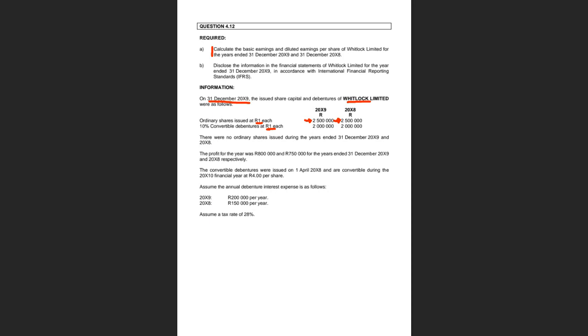We've also got 10% convertible debentures. Remember, convertible. As soon as we see the word convertible, we start thinking dilutive, right? So we're looking at dilutive earnings per share. So 10% convertible debentures at R1 each, again 2 million each, right? So there's 2 million in both years, no movements. That's reiterated by the next statement that says there were no ordinary shares issued during the years ended 31 December 20x9 or